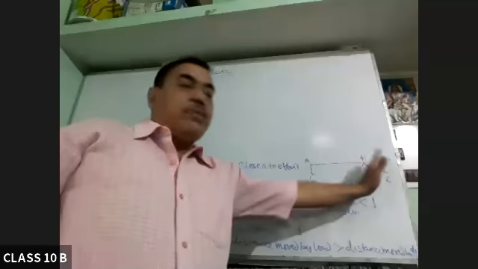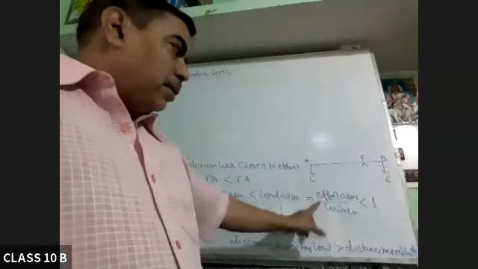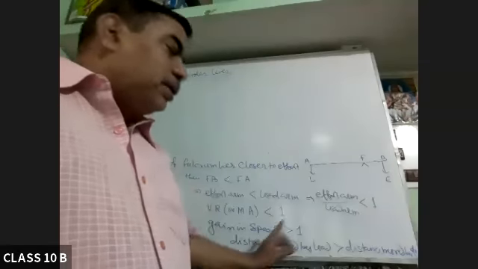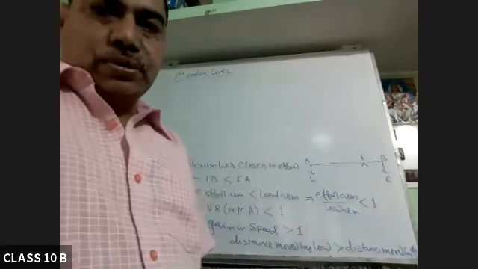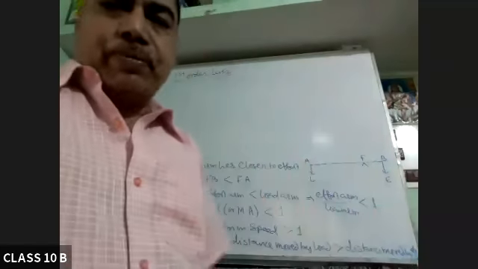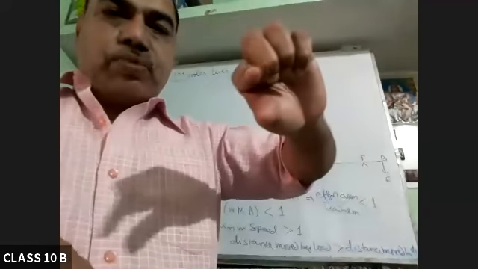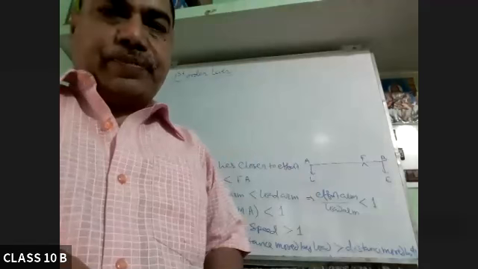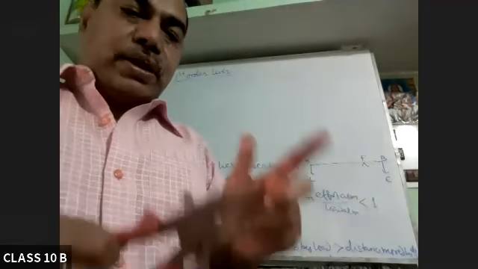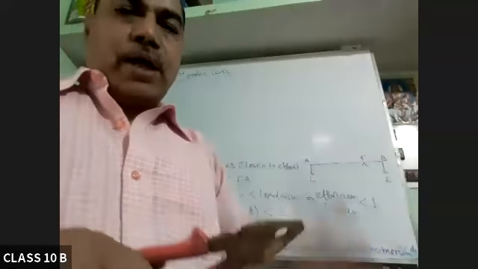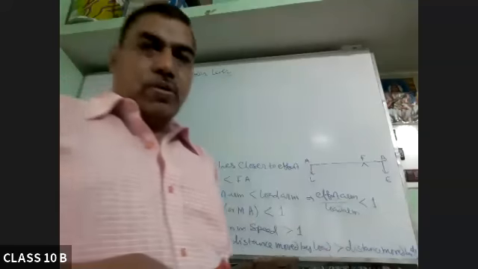So when the fulcrum is very close to the effort, velocity ratio will be less than 1, mechanical advantage less than 1. That is, this type of lever is not used to multiply force. Here we can easily tear the paper with hand, so the purpose is not to multiply force. In the case of this plier, the purpose is to open the nut, which we can't open by our finger. So our purpose in this case is to multiply force. When we apply a small force, we will overcome a larger load, a larger resistive force.